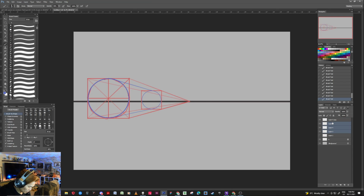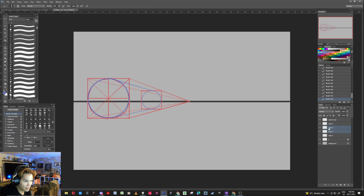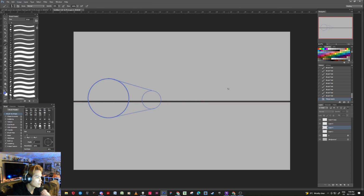Let's group them all together. Merge, Control E. Oops, that is not a part of the layer. Control E with these two layers. So there you go, the cylinder that's intersecting the horizontal line. And so that's what you want. So you can definitely experiment with that to get familiar, and then go on top of the horizontal line and below. Okay, so let's move on to the 2-point perspective,